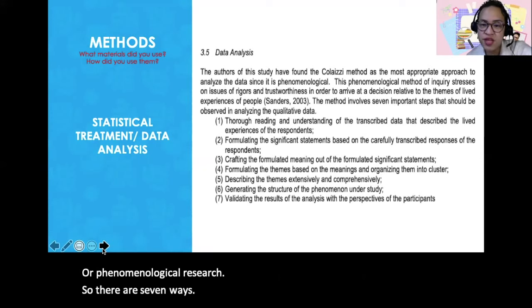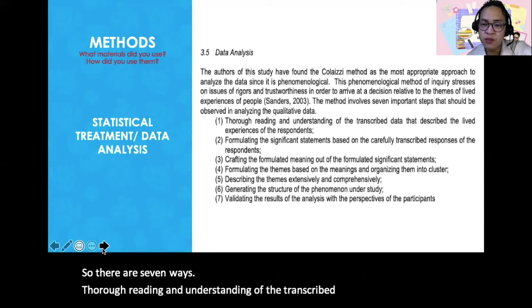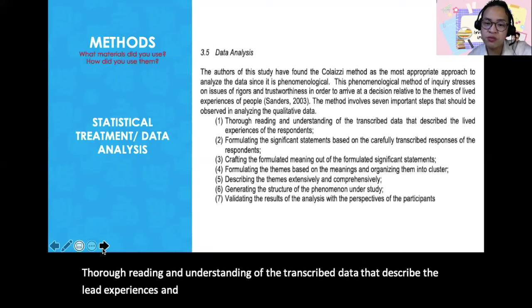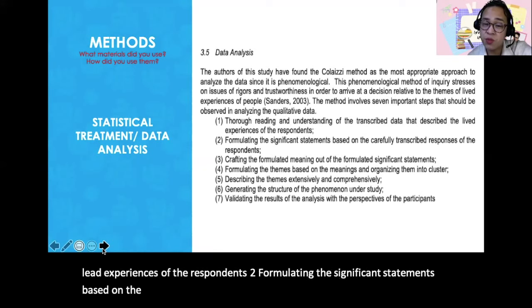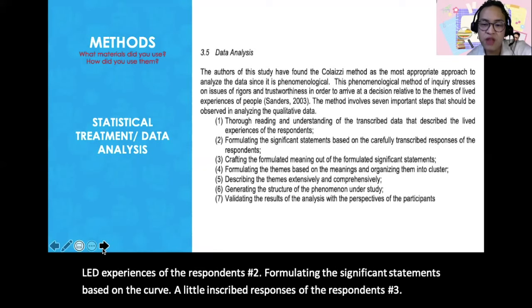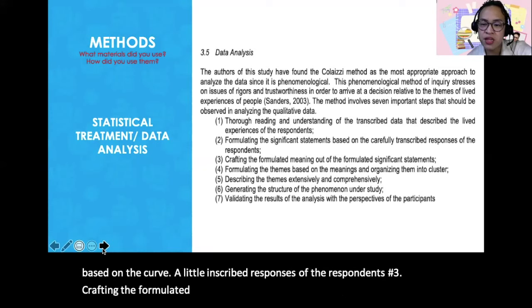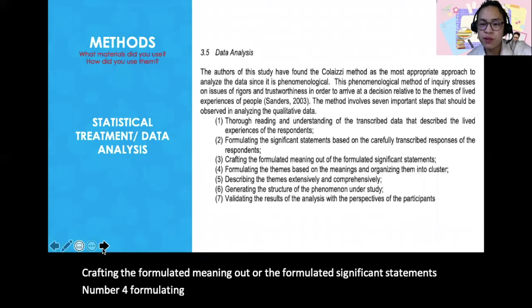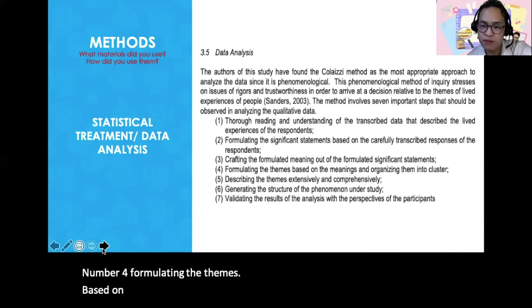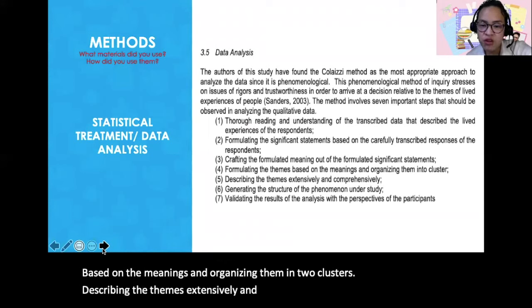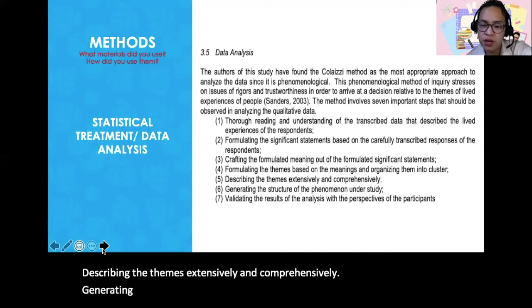Number 1, thorough reading and understanding of the transcribed data that describe the lived experiences of the respondents. Number 2, formulating the significant statements based on the carefully transcribed responses of the respondents. Number 3, crafting the formulated meaning out of the formulated significant statements. Number 4, formulating the themes based on the meanings and organizing them into clusters. Number 5, describing the themes extensively and comprehensively, generating the structure of the phenomenon under study, and lastly, validating the results of